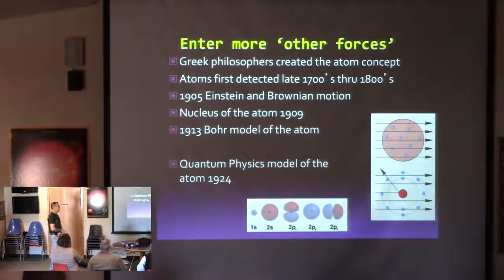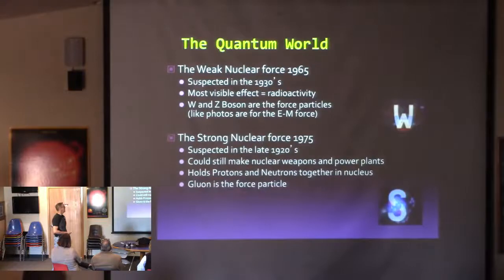So they began to get the model that there was something hard and different in the very core of atoms. And we started to get sort of a solar system model of how atoms work. The Bohr model here, 1913. But quantum physics marched on very quickly, and soon we had a nucleus understood and orbitals that are occupied by electrons, more complex regions where the electrons are found. And